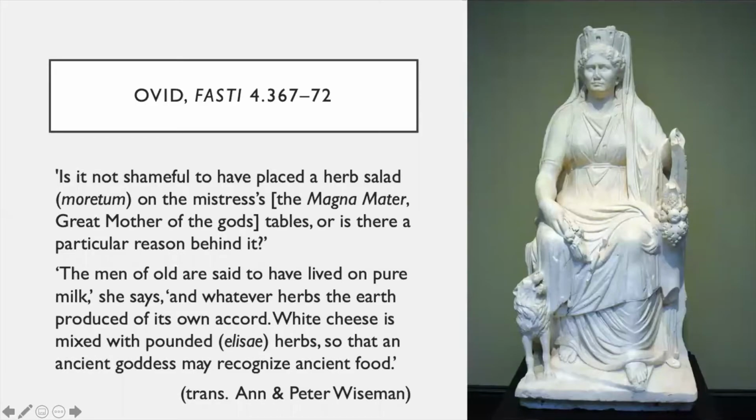Now, first I want to talk about the Fasti Moratum. This passage comes at the end of the poet's questioning of the muse, as is typical of this text, which proceeds to a large extent through Ovid interviewing gods. In this case, he has been interviewing a muse about the cult of the Magna Mater, the great mother of the gods, as you can see here, on the occasion of the Megalensia, her festival of 4th April.